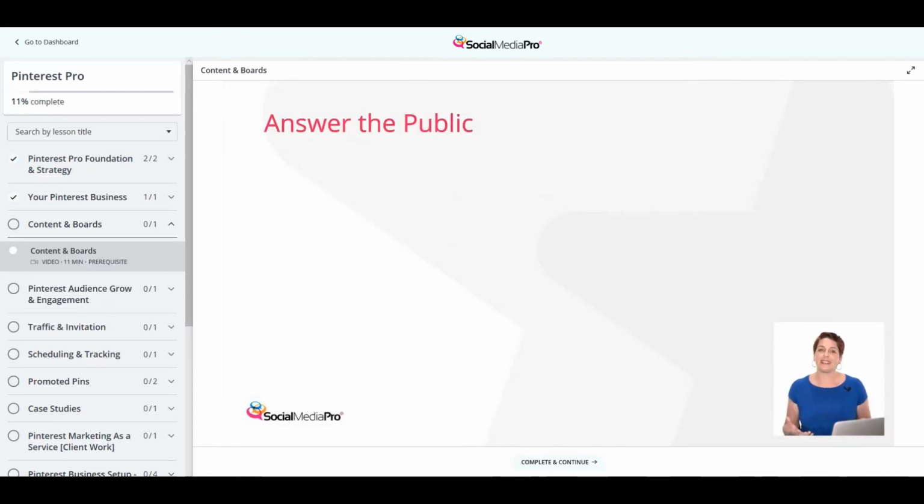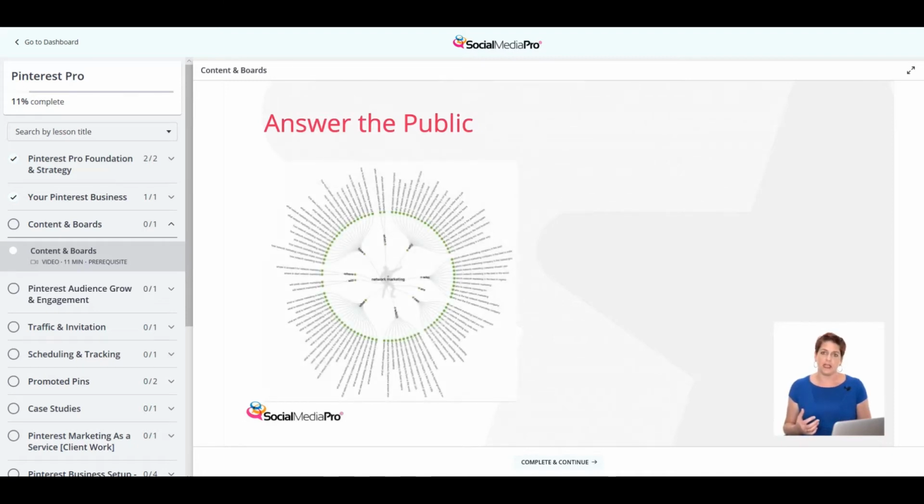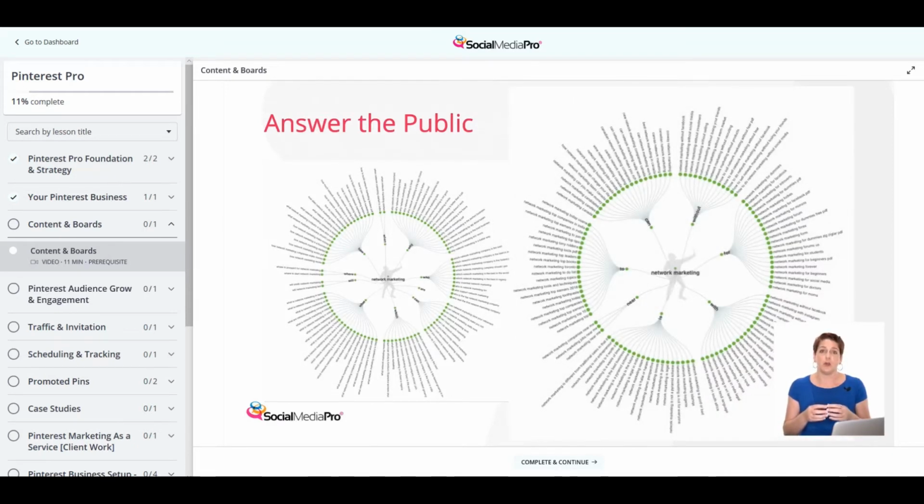Now, if you get stuck, there's a great tool called Answer the Public. What Answer the Public allows you to do is that you can then put in your keyword that you found on Pinterest, and it'll say, these are all the questions that are being asked around this keyword, allowing for you to create incredible content for your client, heck, even for your own business. So this is a great resource, and this is a perfect platform for you to be on to start researching